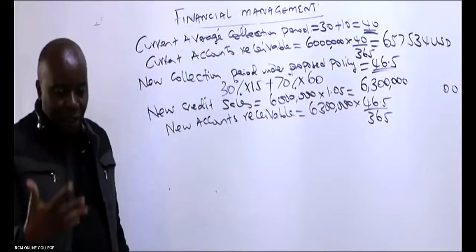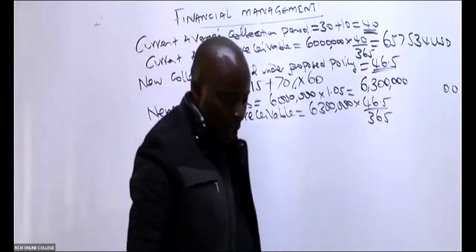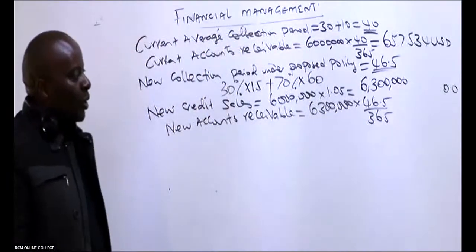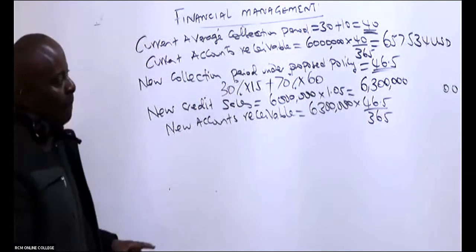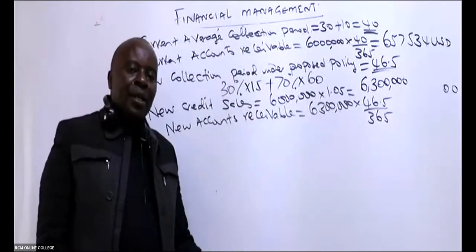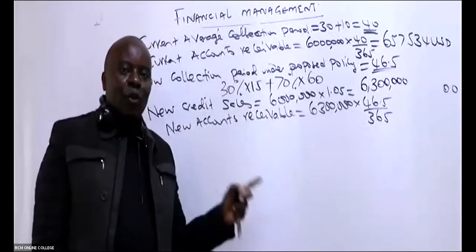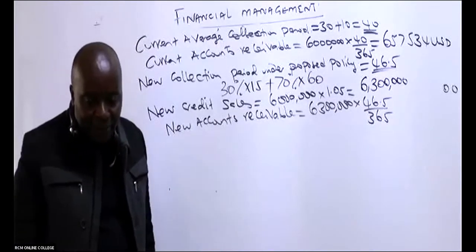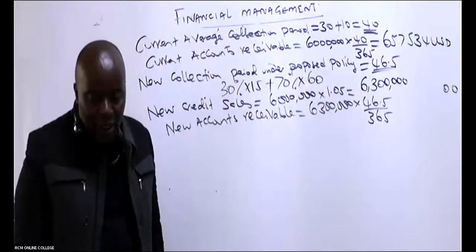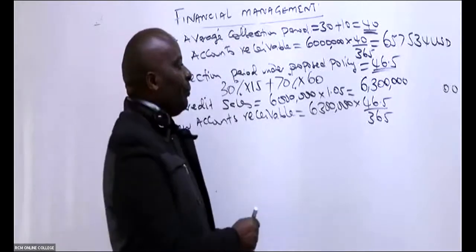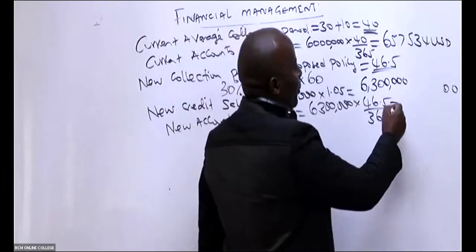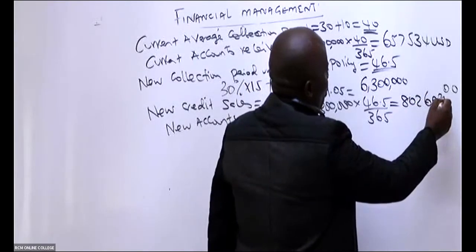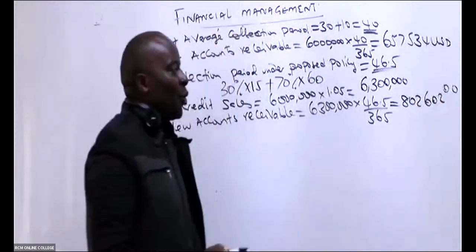Given our good gesture, what will be our new accounts receivable? Our sales have gone up. The number of days have gone up. Most people are happy. They want to buy things from us. So in this case I'm being given a figure of 802. Nancy, check. 802,602 point something. I can just take 802,602.